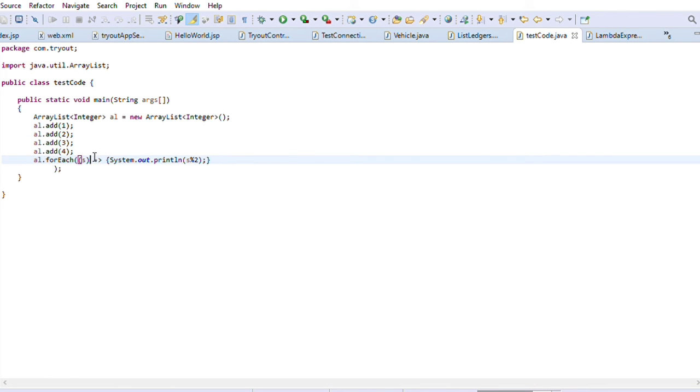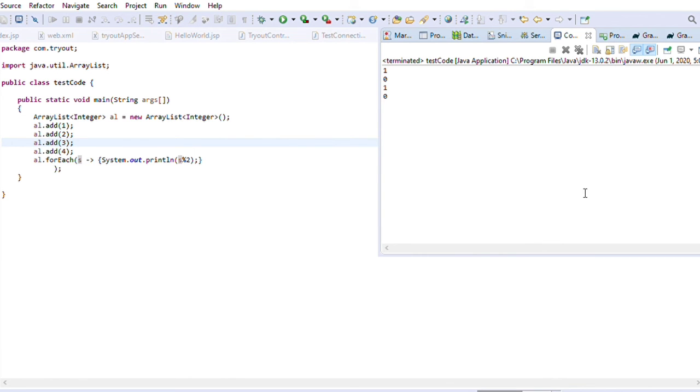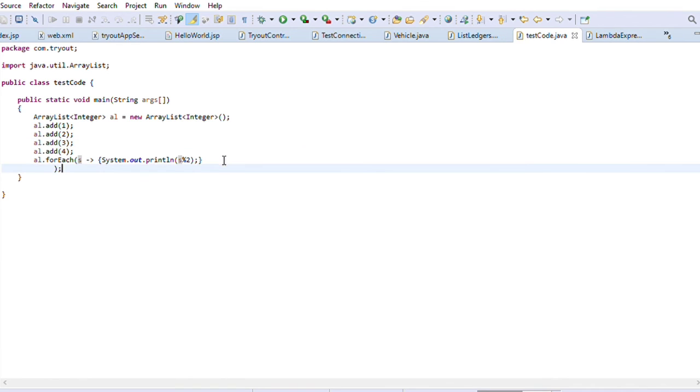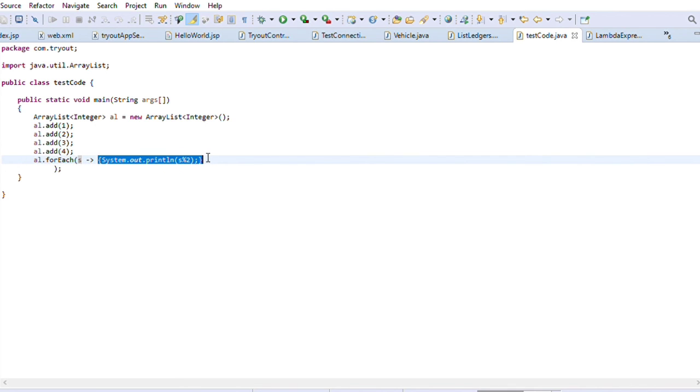And also I don't need the parentheses for a single parameter. There you go, I removed it. And now if I run it as a Java application, it still gives me the same result. Now secondly, what I can have is this implementation.